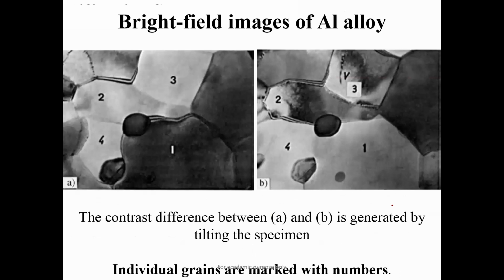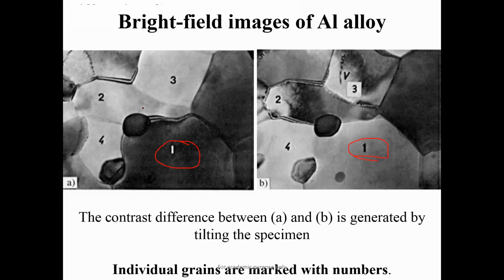So this is again a bright field image of an aluminum alloy. Here you can see what the researchers have done. They have assigned numbers to the grains, 1, 2, 3, 4. And if we tilt the sample, what will happen? The number of electrons reaching your image plane will change. That's why the grain which was dark earlier is now bright. So just by tilting the